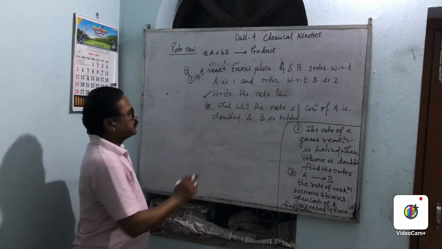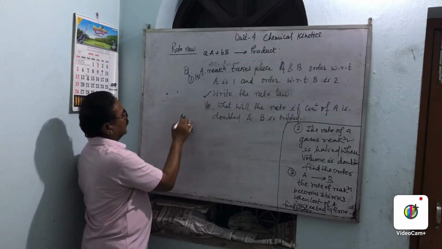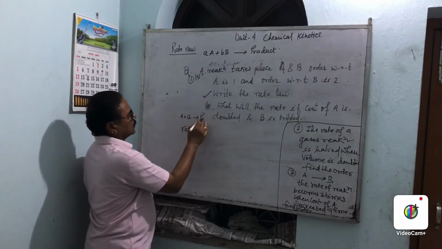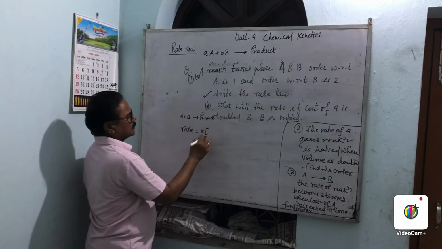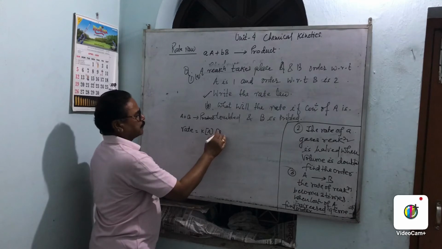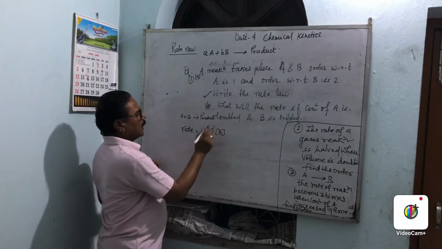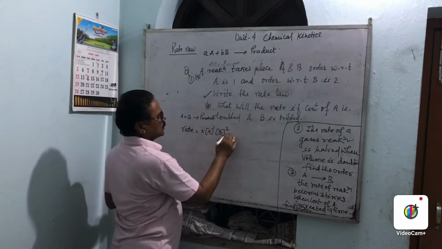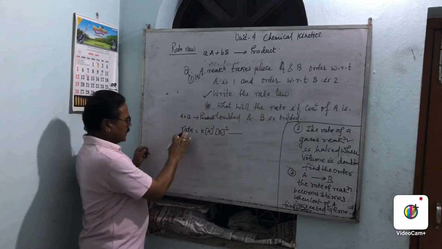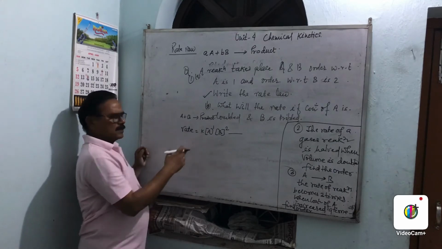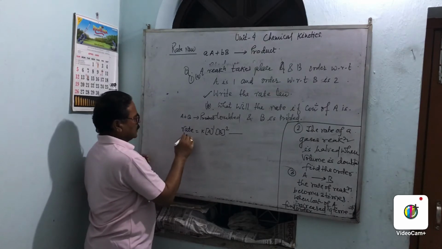So we think here: we have to write the rate. The reaction takes place between A and B and gives the product. So we simply write the rate as K, and this is A, and this one is B. With respect to A we put 1, and here we put 2. So this is the first equation, and the answer of the first part is complete. This is the rate law. To write the differential rate, that is dr by dt or dx by dt, it is called the rate law.